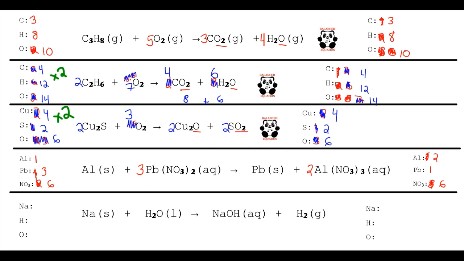That's also going to affect my nitrate. Now, to fix the lead, I'm going to have to put 3 right there and then balance out the aluminum. I am now balanced. 2, 3, 3, 2, 2, 3, 6 on the left, 2, 3, 6 on the right,